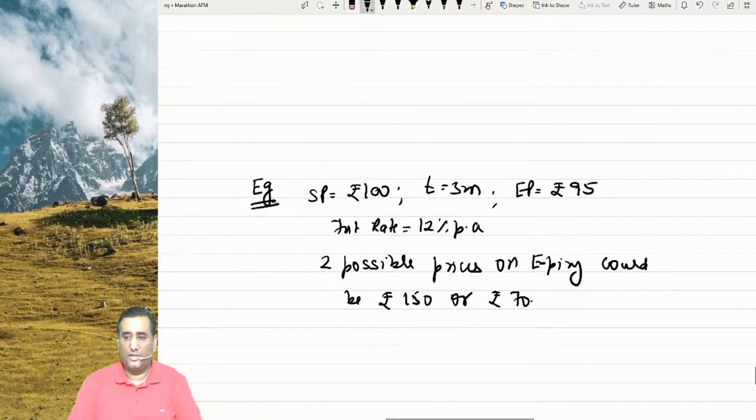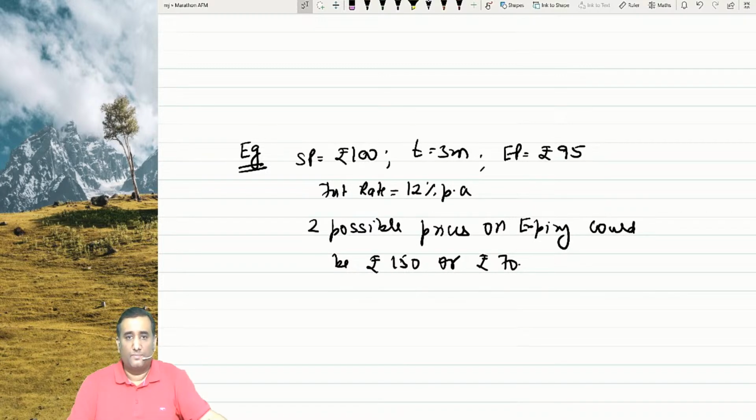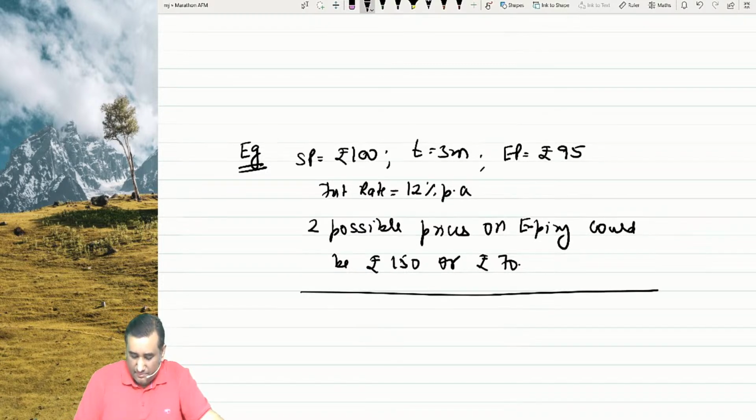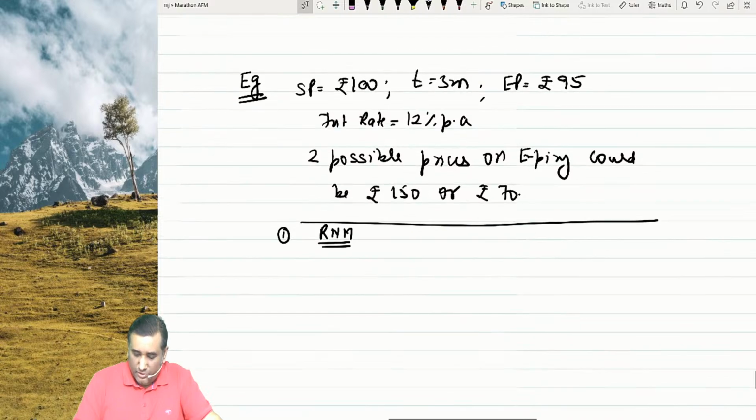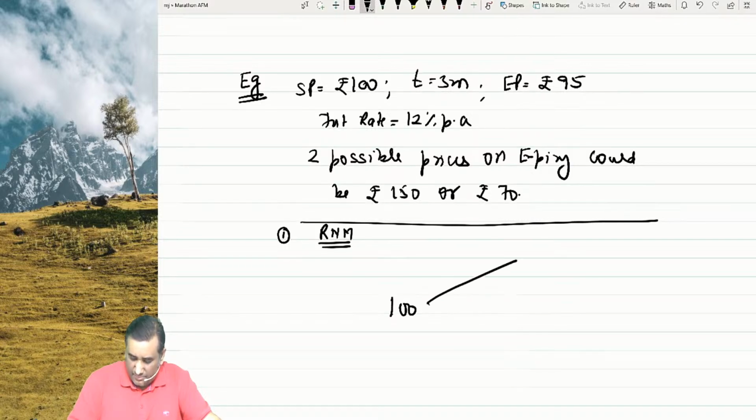Now let's suppose this question is given and nothing else is given. You'll apply what? Risk neutral. Apply the same. That's binomial, even if it says binomial, I am using the word risk neutral only. Let's suppose not calculating U and D, let me directly do it this way. So 100 rupees becomes what? Although you can calculate U, the probabilities will come the same. 100 will become 150 or